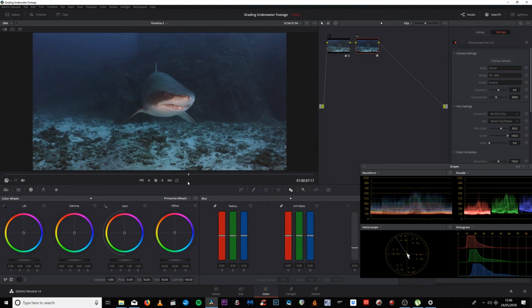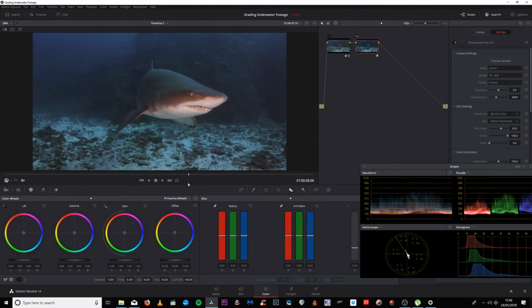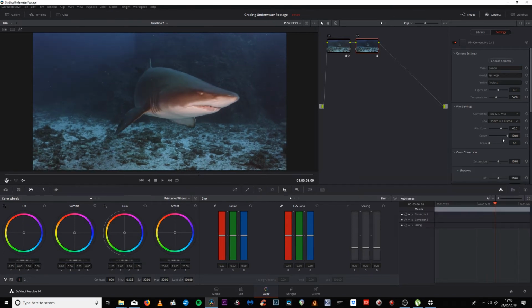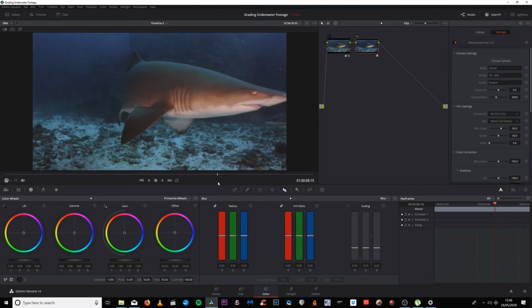Okay, so we bring it closer. We're looking a lot more cinematic and a lot more filmic. And I think what we probably want to do is bring the curve down a little bit. Obviously we've got that nice contrast that you get from film in there, but I think it was a little bit too heavy before. So if we do that,